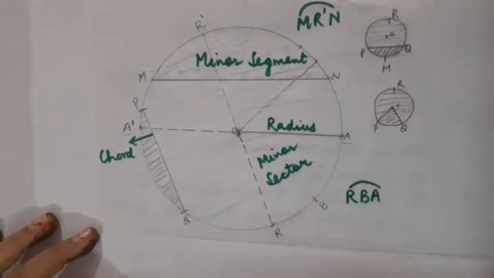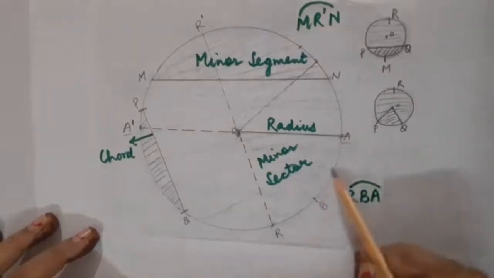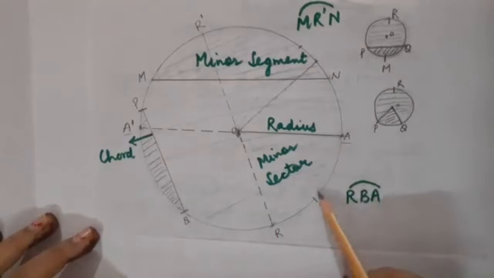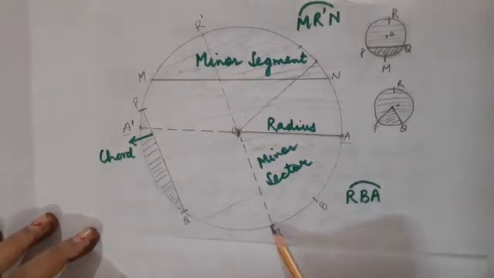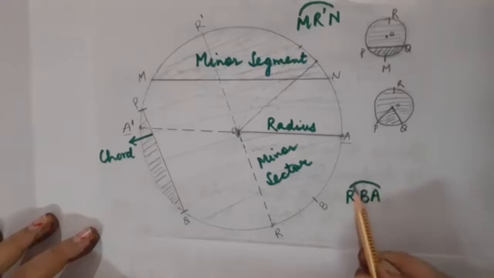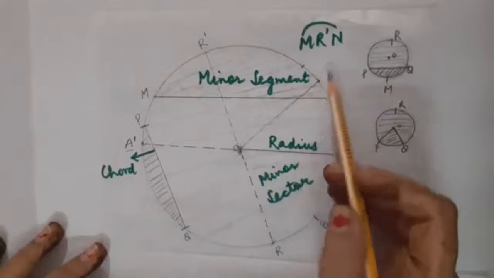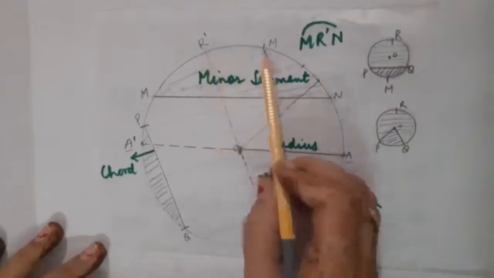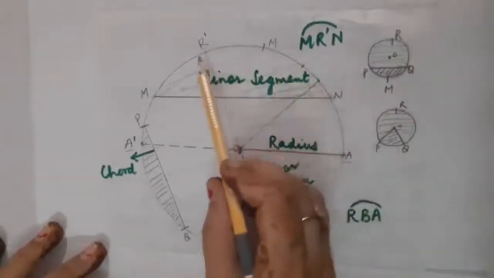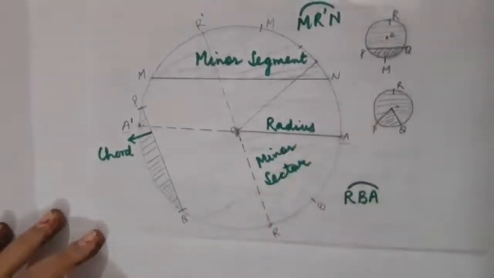Now the next related term is, what do you mean by arc? Here you can see, children, this ABR, a continuous piece, a continuous part of a circle is called an arc. So how do we write it? We can write it like this, RBA, and this is the symbol for arc. Similarly, children, here also you can write like this is N. Suppose if here I write down M also, so it would become R dash MN. This will become an arc. Clear? So arc is nothing but the continuous part of a circle.